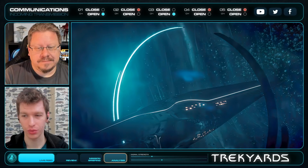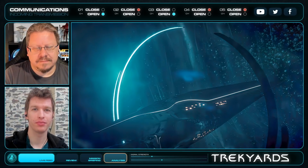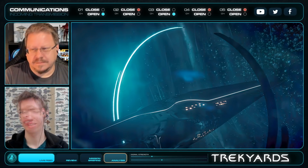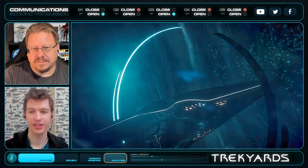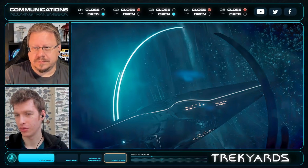And certainly as an intro, we see this big anomaly, and these things are hard to mistake for what they are. And so certainly as this pull-out happens, it's like, ooh, it's very close. Very close. I mean, really poorly lit. But it is next to a black hole in essence. Although the Federation ship is...